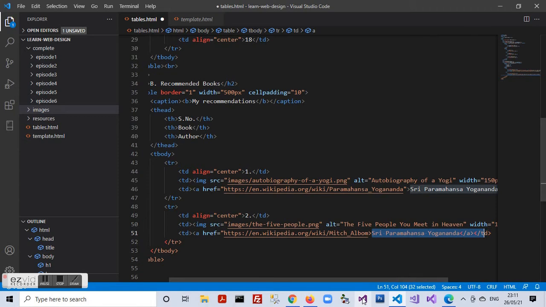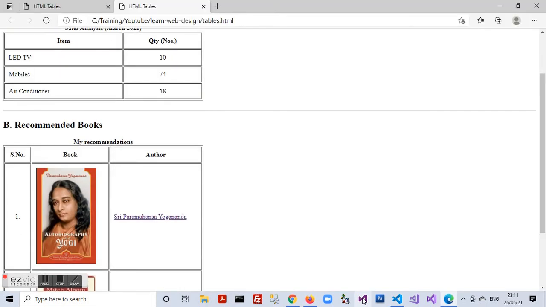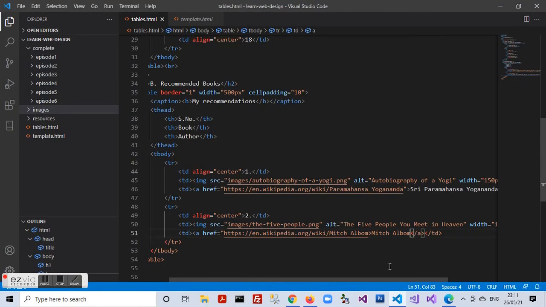We'll put in the name of the author here. We'll move to the browser, refresh the page and see the content displayed. So here we are. So something is missing out here. Let me check out.